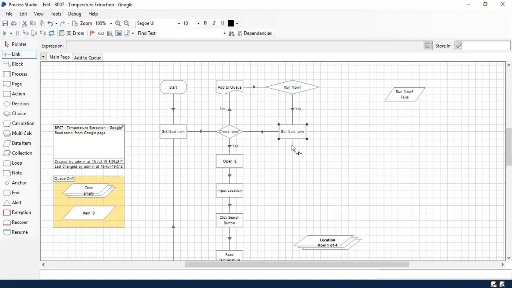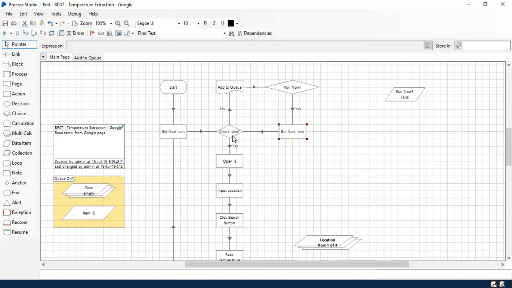In this case, I just want to show you how to build your process when you don't have any basic idea of Blue Prism. Once you are comfortable with all the topics we have in Process Studio, Object Studio, Queue, all the concepts, we are going to create a process with proper Blue Prism templates in the upcoming sessions. So now what it's going to do is get the next item. If an item exists, it's going to process it, and then take the next item.